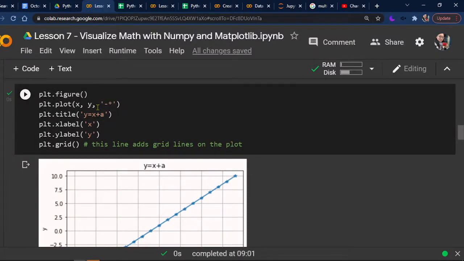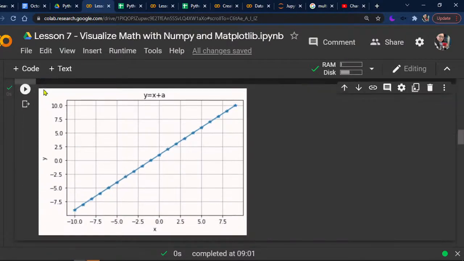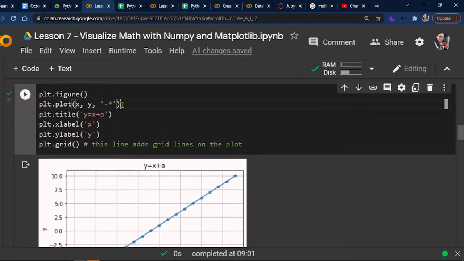Next, what we'll do is first we create a figure. The figure just means the canvas where we draw the plot on. So this is a blank canvas. It's called the figure. And then because we have already calculated the y for each x, we're going to